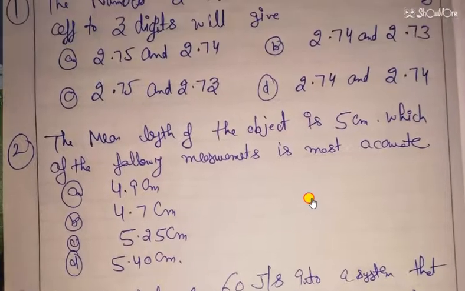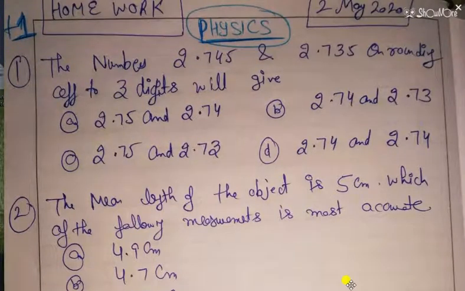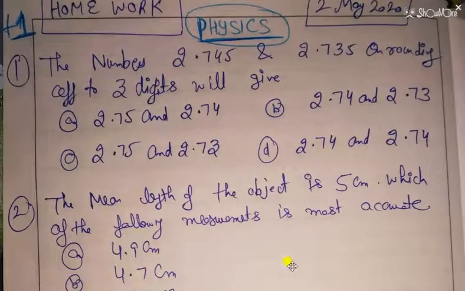Students, keep in mind, whenever you are supposed to round off to 3 digits, that means you have to consider the digit that is before the point also, as well as like 2.74. So it is called round off to 3 digits. If he says round off to 3 decimal places, in that case here we have 3 places. So I will discuss that also in the next video.